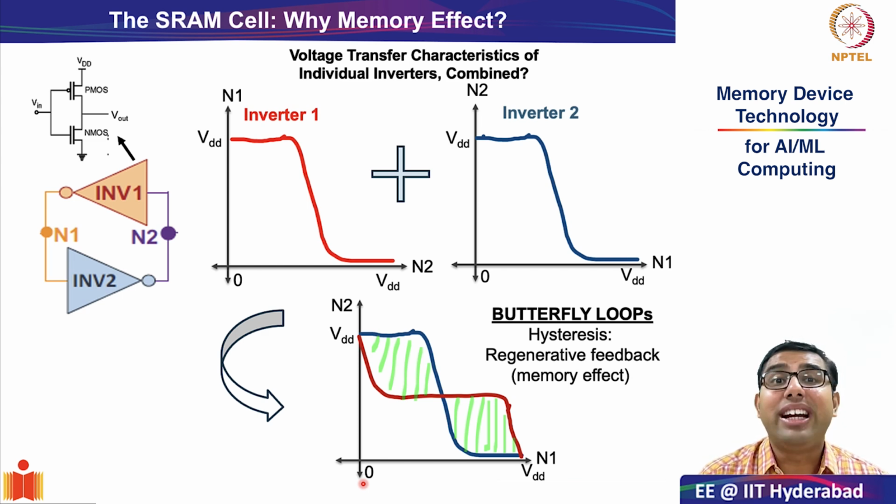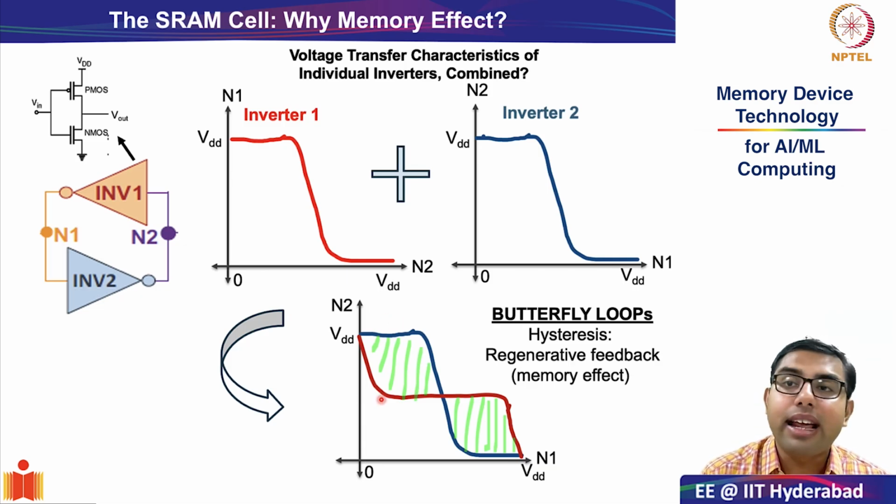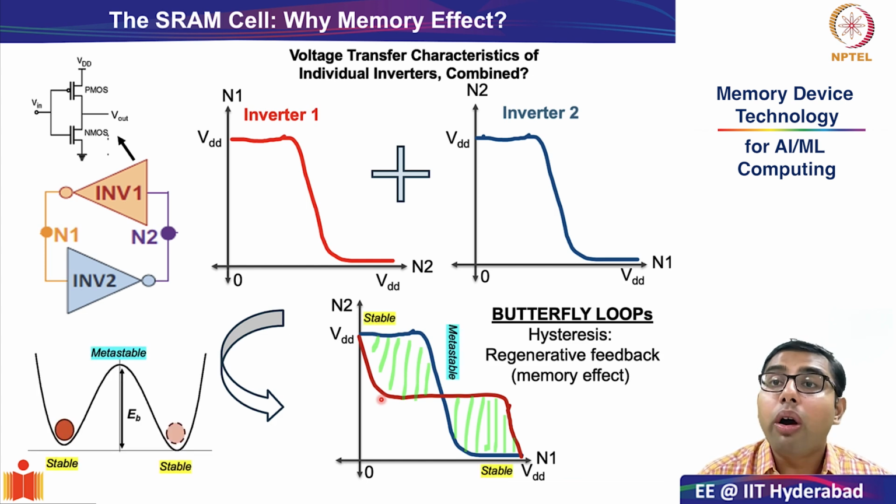But now we are yet to answer the question. This looks like a very pretty curve with hysteresis, but why does it give you the memory effect, or why does it give you the so-called positive regenerative feedback? That is what we will see in the next slide. But a couple of points that I would like to mention here: in green I have indicated the area under the hysteretic curve, and it will be a very nice idea to start correlating this to our physical picture.